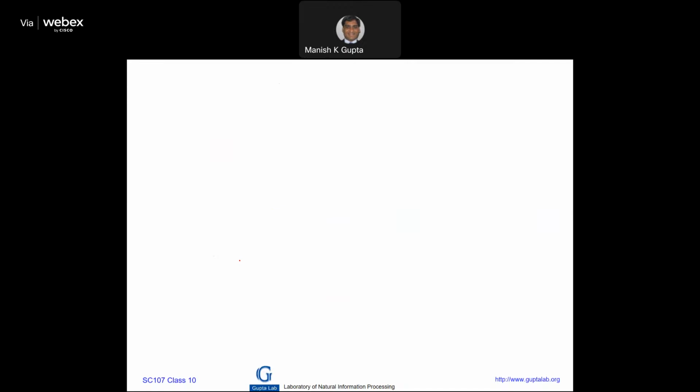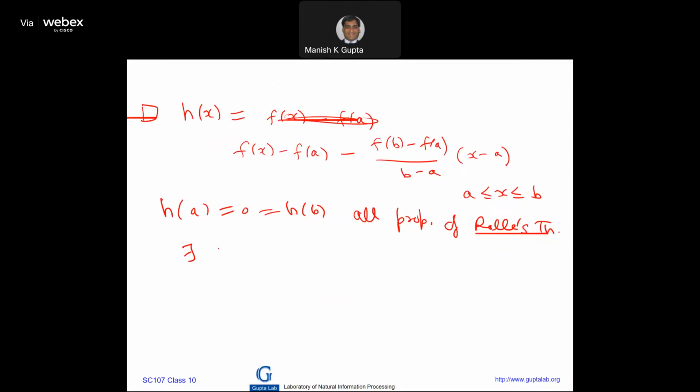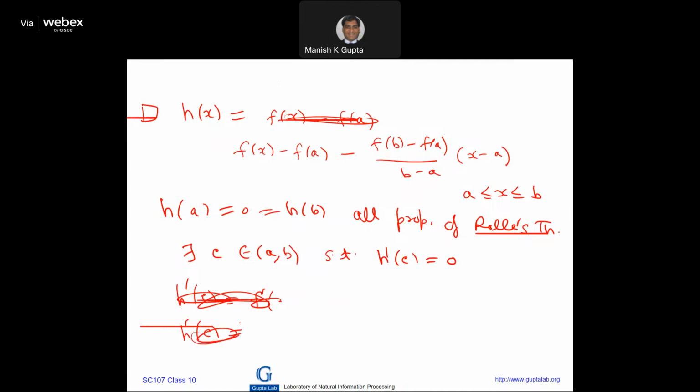So using Rolle's theorem, there exists a point c in the open interval a, b such that h dash of c is equal to 0. Now what is h dash of c? You can just compute from the above expression: h dash of c is nothing but f dash of c